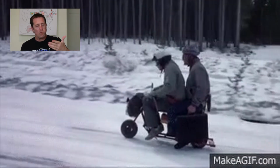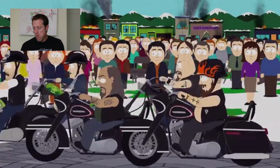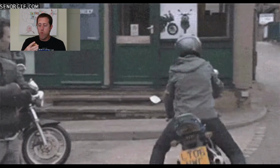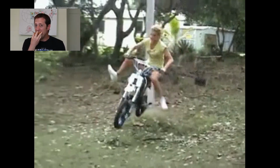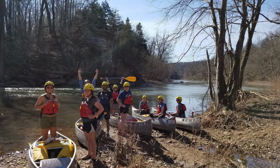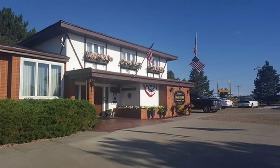All right, next stop is Sturgis. Sturgis is home to the largest motorcycle rally in the world. Since 1968, riders from all over the world gather at the end of the summer in Sturgis. It now attracts over 500,000 people every year. Just about anything goes at the rally. Now, crossing from west to east, you'll come across the Missouri River, the Corn Palace, the Landmark Inn in Murdo,